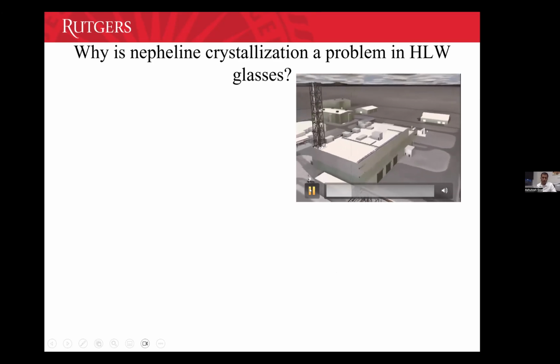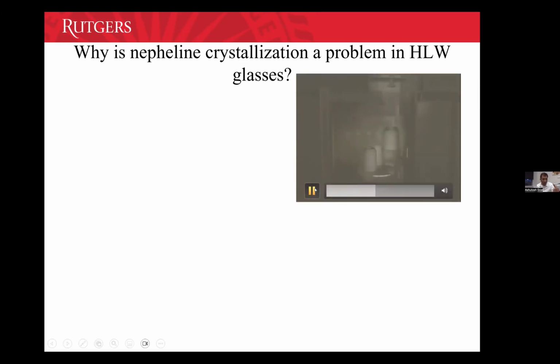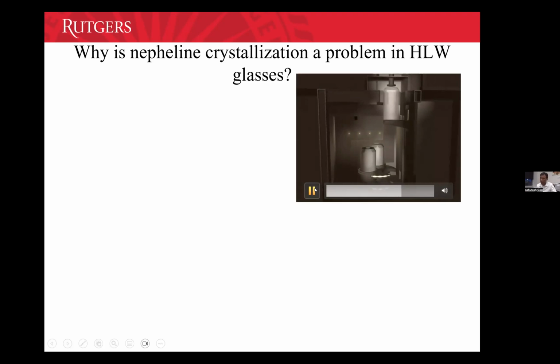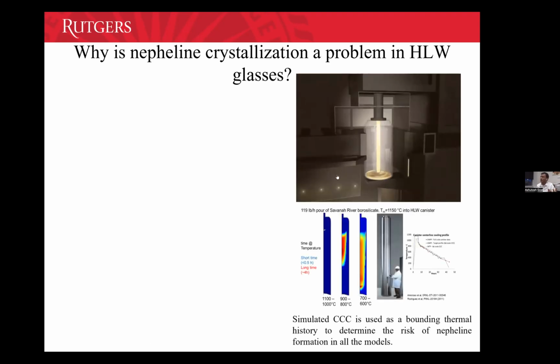Now steel is a good conductor of heat. It's metal, right? It will immediately quench the melt and turn it to glass. But the next spout of the melt that comes in will not fall on the steel, it will fall on the previously laid glass, right? And glass is a bad conductor of heat, or it's an insulator. So eventually, what I'm trying to say is that the heat will start to build up, and the maximum heat will be built up at the center of the canister.